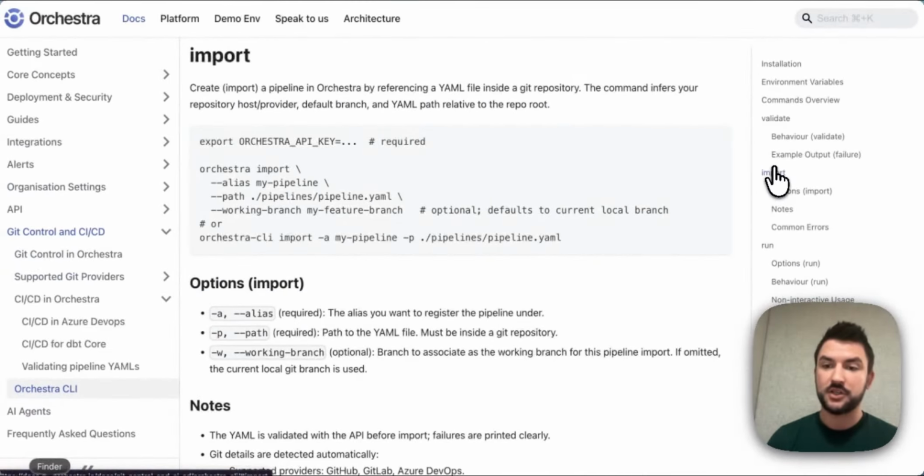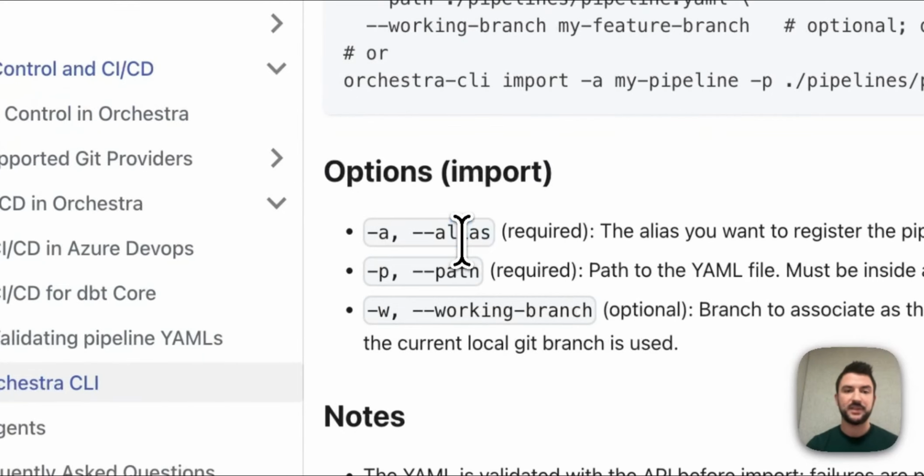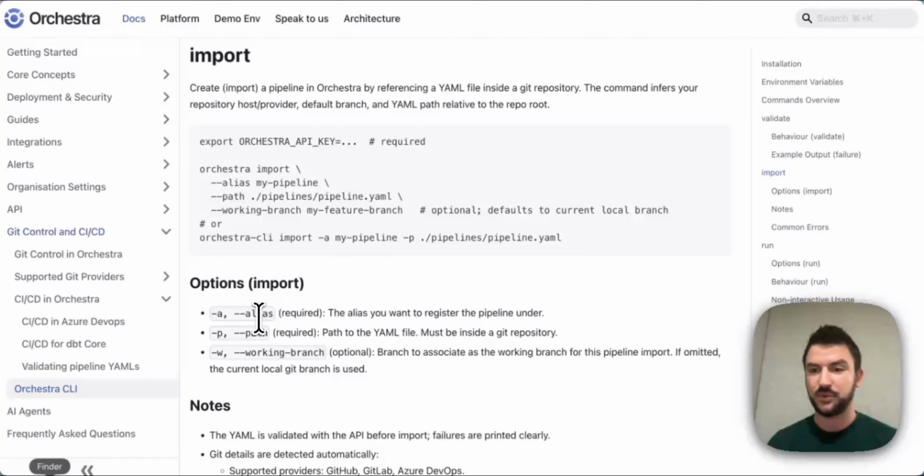And if we read the docs about this, it's a pretty simple command to use. All we're going to need to know is an alias. This is not the descriptive name you see in the UI. This is a unique alias that we give to the pipeline to make sure it has a code representation. The path to the YAML file that has your pipeline definition, fairly obvious we're going to need that one, and